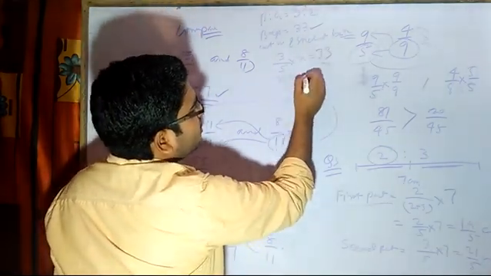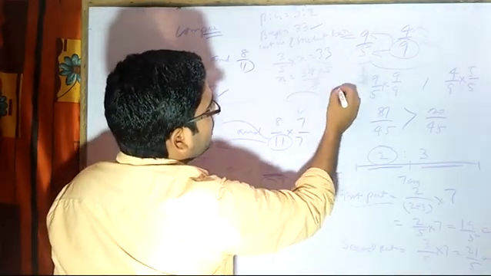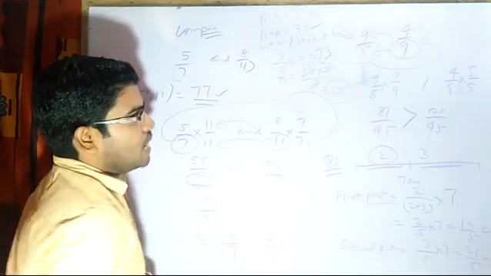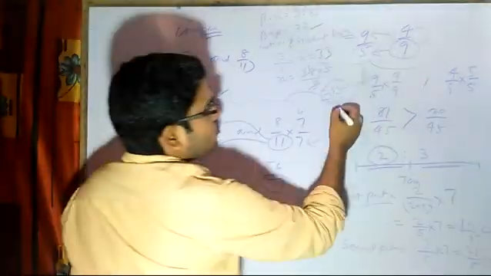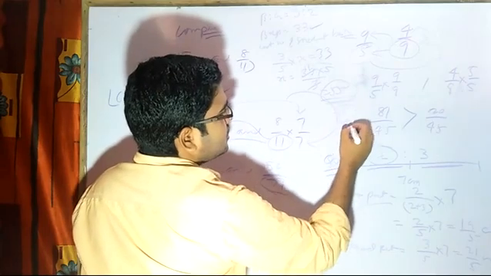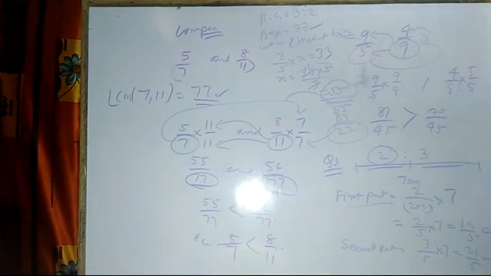So x will be equal to 33 into 5 by 3, that is 11 times 5. That means the total number of students was 55. So how many girls were there? I can subtract 55 minus 33. That means 22 girls are there. So there are a total of 22 girls.